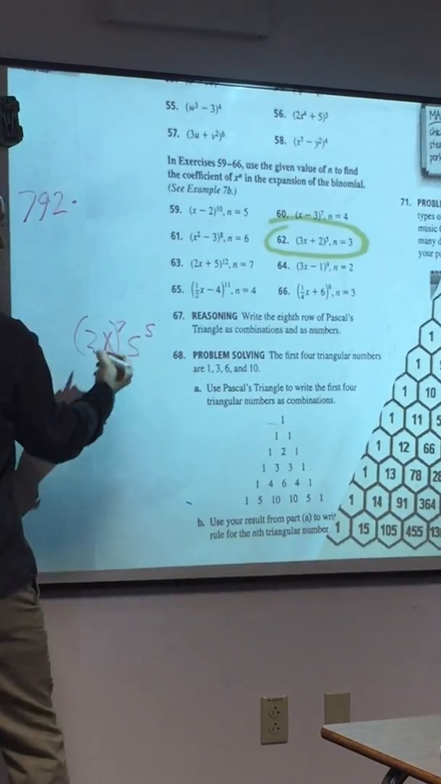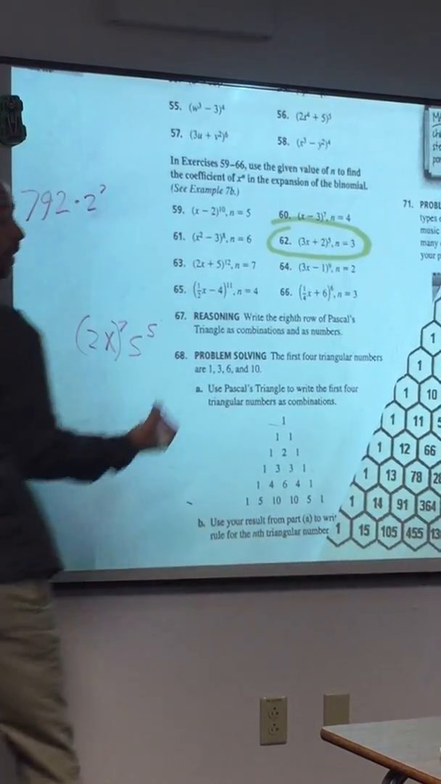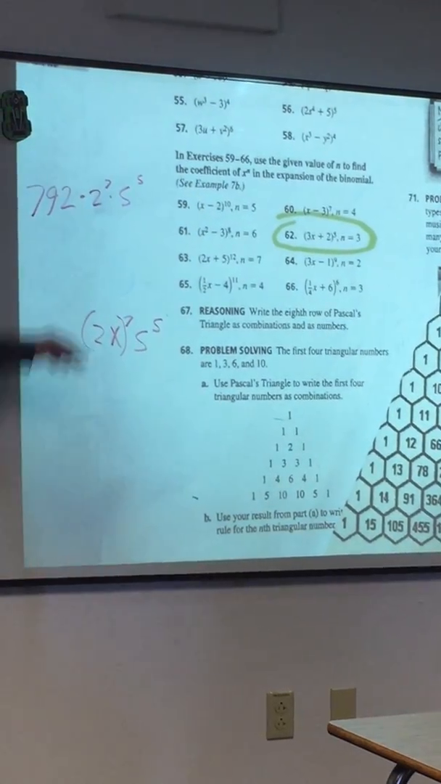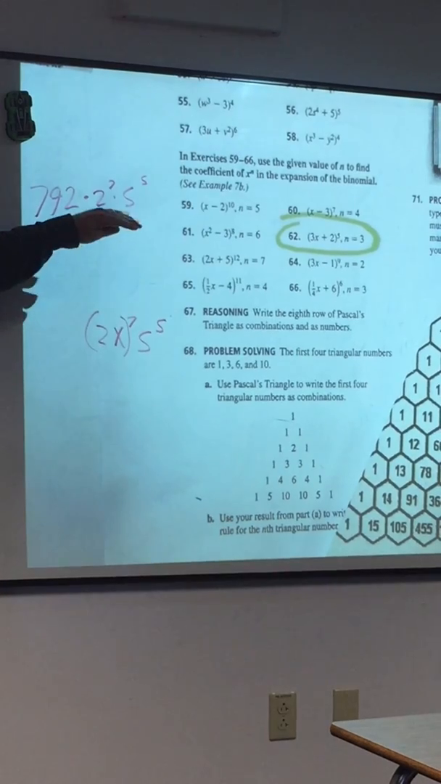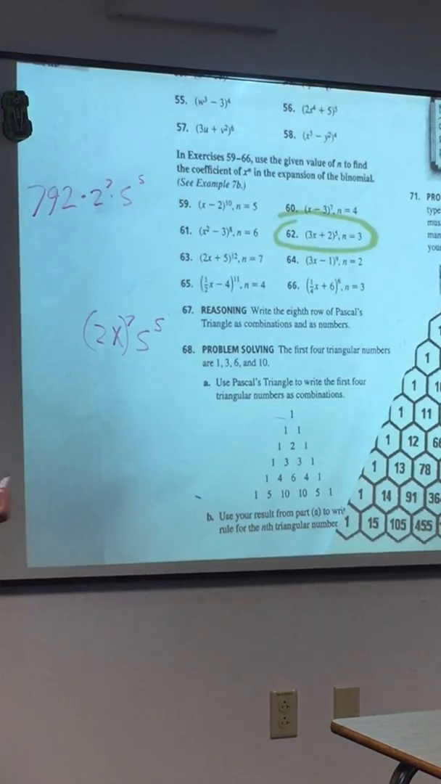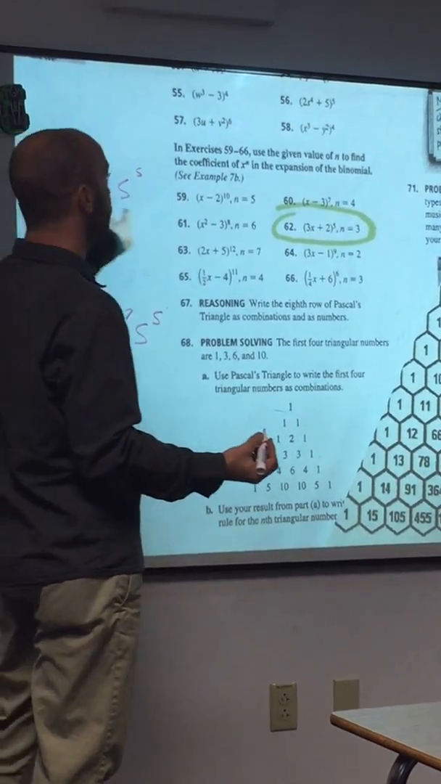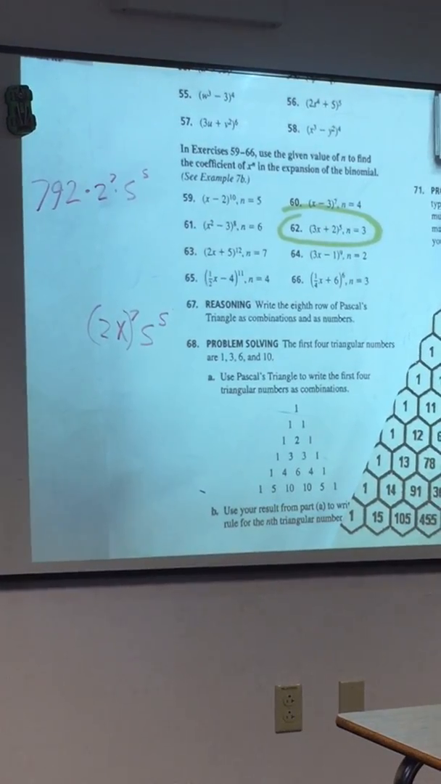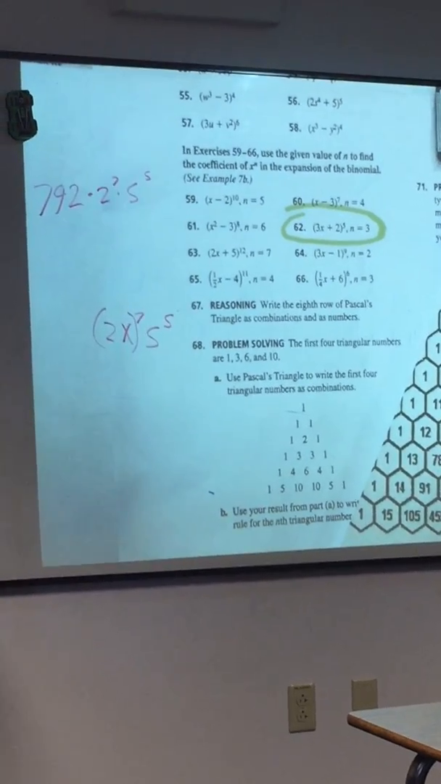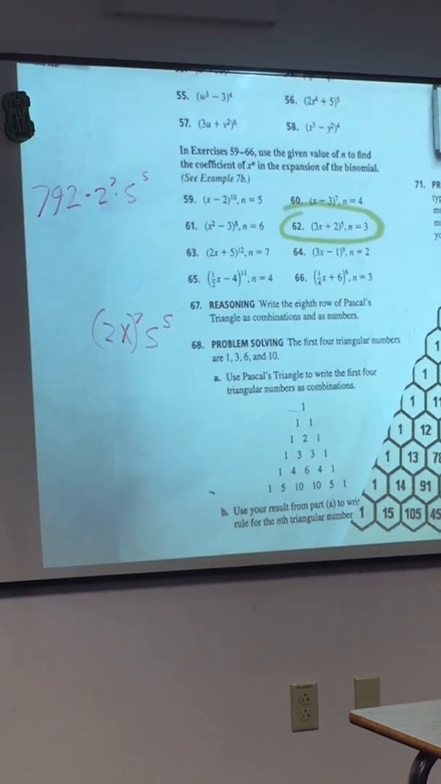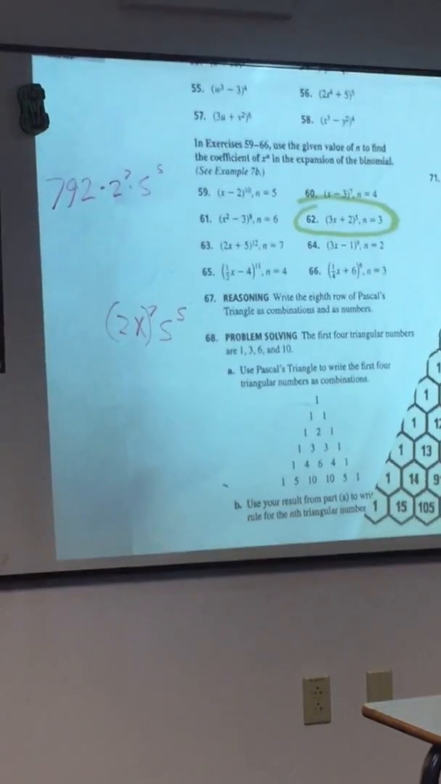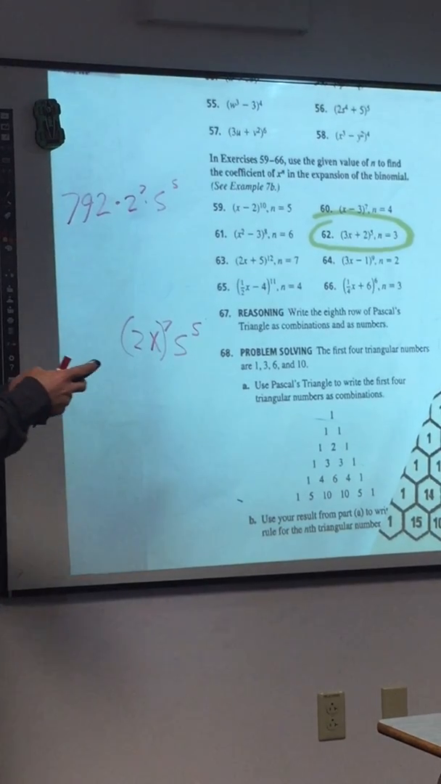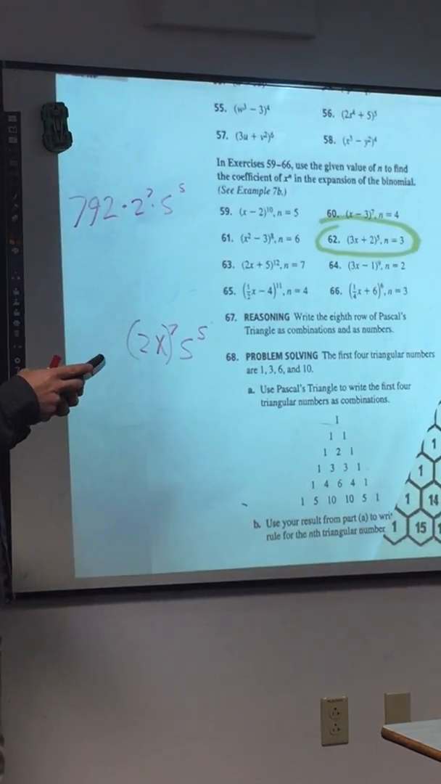2 to the 7th and 5 to the 5th. It's going to be gigantic. Calculators. 792 times 2 to the 7th times 5 to the 5th. Oh my god, what is this number? Scientific notation. 2 to the 7th, 128. 3.162. 5 to the 5th,